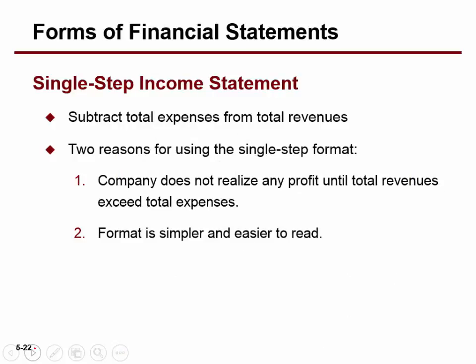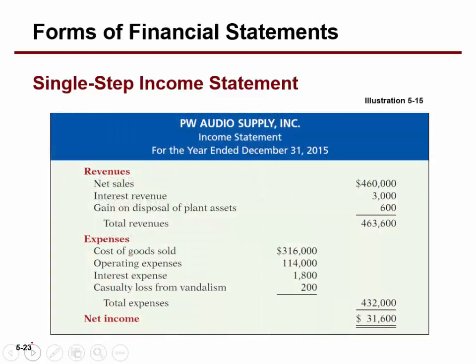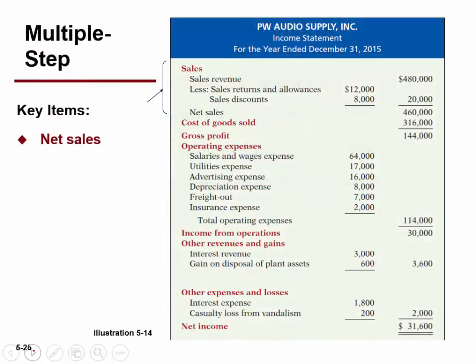Okay, a couple of different formats for the income statement: single step income statement versus multiple step income statement. Let's look at the multiple step first. It's very simple, guys. You already know this because I already showed it to you in the in-class example. Sales less returns less discounts gives me net sales. I take off my cost of goods sold from that. That gives me gross profit. I take off my operating expenses. That gives me my operating income.